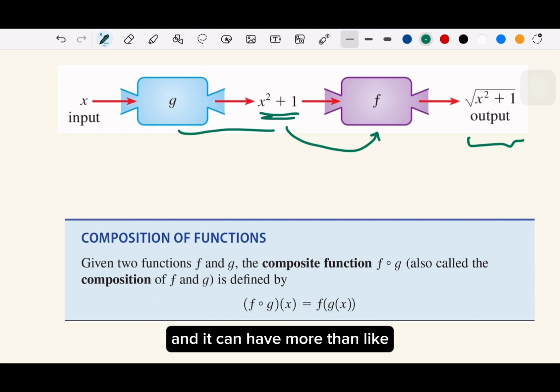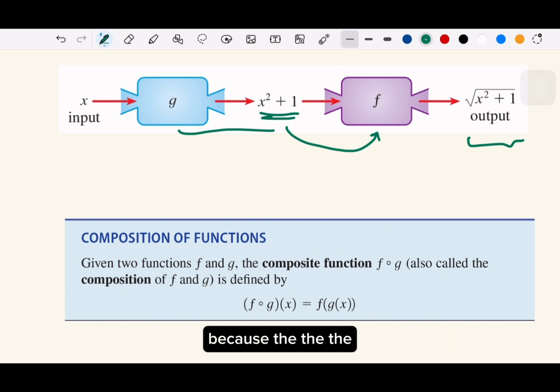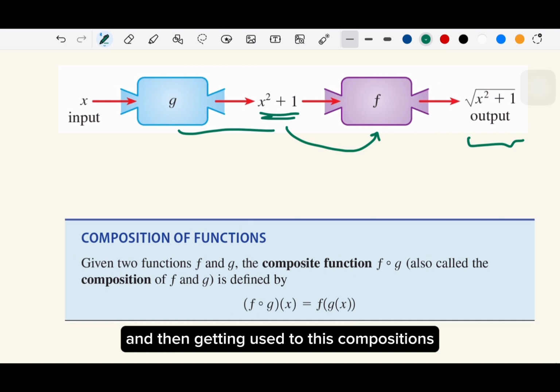And it can have more than this; this is only 2 compositions. We can have more compositions, like 3, 4, 5, because the fundamental is still the same. And the way we recognize the composition is also important. If you're familiar and getting used to these compositions, I think it will be very helpful, especially when you learn